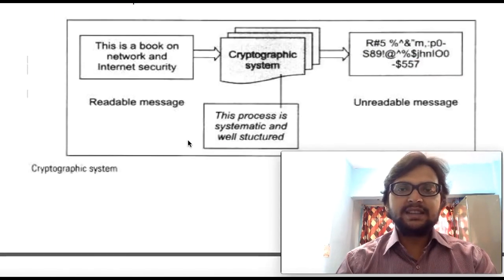So here is an example of how we apply cryptography. As you can see, this is a readable message: this is a book on network internet security. Now we are going to apply a cryptographic system to this. This process is systematic and well structured. We are going to use some algorithms, and which algorithms we use, we will study in a future lecture. Just by applying some algorithm, using a cryptographic system, that algorithm helps us convert this readable text